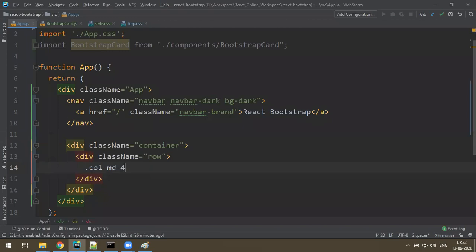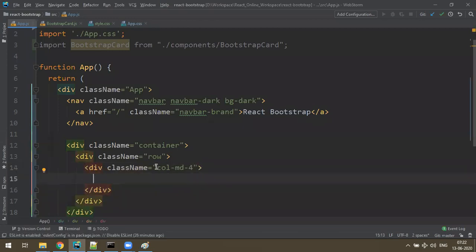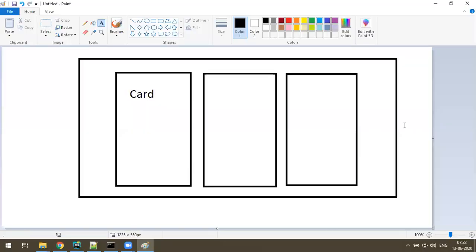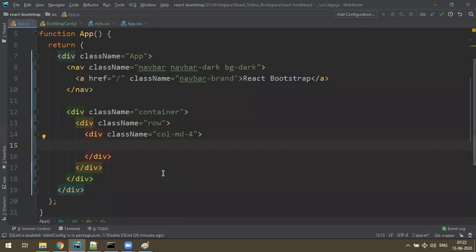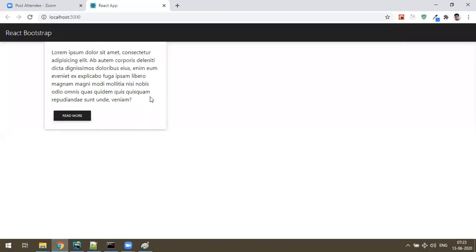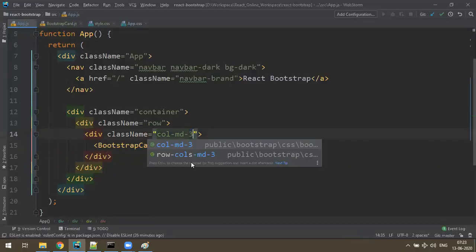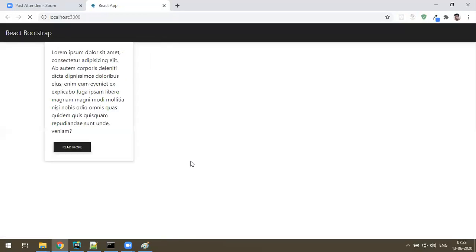MD3 or 4. Okay. So as you know, in Bootstrap in one row you have a 12 column layout. So each is 4, 4, 4. So column md-4. In that I will write a Bootstrap card. So what happens? Your Bootstrap card is not going to stretch for the whole page. It only occupies the column md-4 width. So now check. You got only that small card. Okay, looks good. But let me just make it column md-3 now. Some even less one. Okay, looks good. And what else? Yeah. And one more thing.